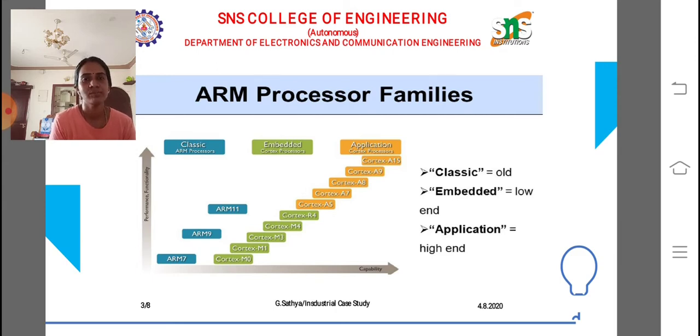Based on customer demand, for example our cell phone, we are able to perform multiple tasks at a time. We can check WhatsApp messages and watch YouTube videos at the same time, while at the same time receiving messages in our message box. So a single processor does multiple operations. For this kind of operation, we are using higher end application processors, that is the Cortex A and Cortex R series. This is a simple example from our day-to-day life.